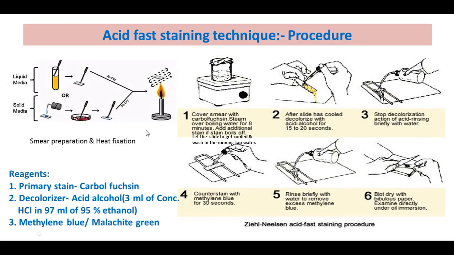Now after the smear is ready, this technique involves the heat treatment. So steam treatment is applied to the smear. For that, a steam bath can be prepared by boiling the water in the beaker, and over the rim of the beaker a slide can be kept with smear facing up, and that allows the heat in form of steam to pass through the smear from bottom to the up. Now take care that the smear should not be in boiling condition, so control the steam generation.